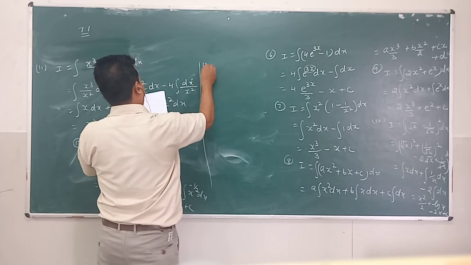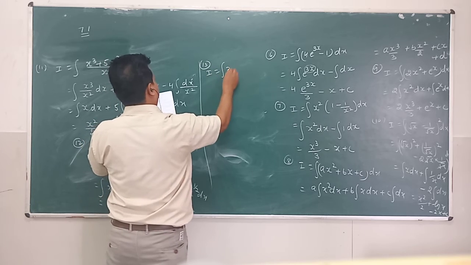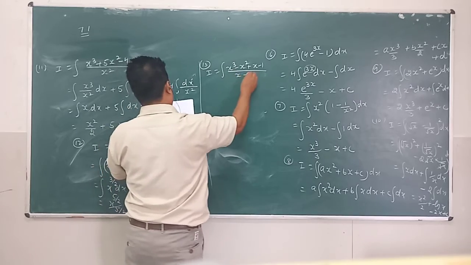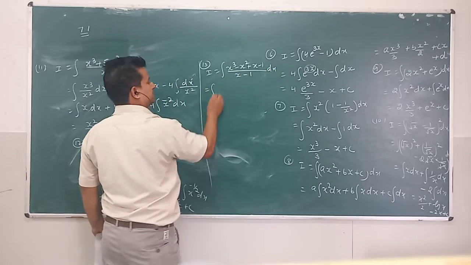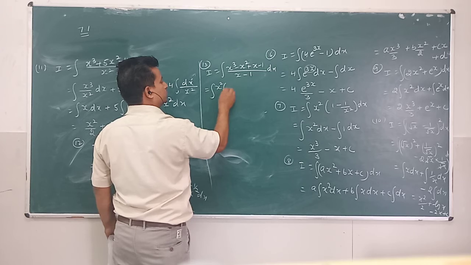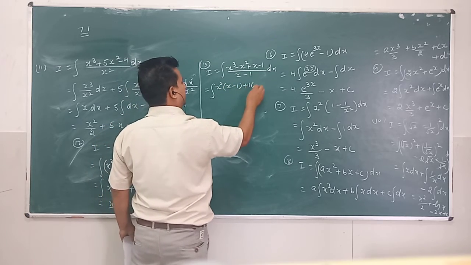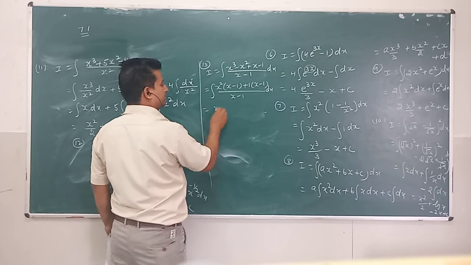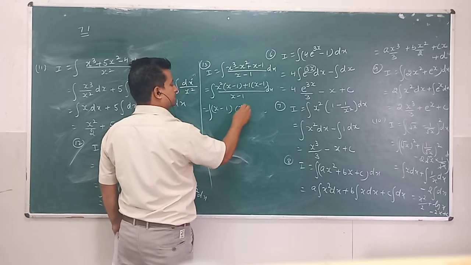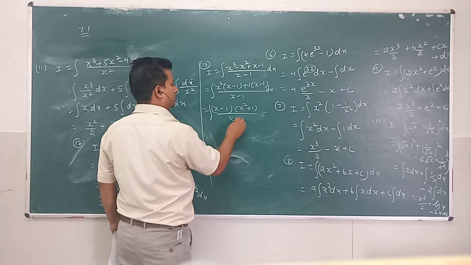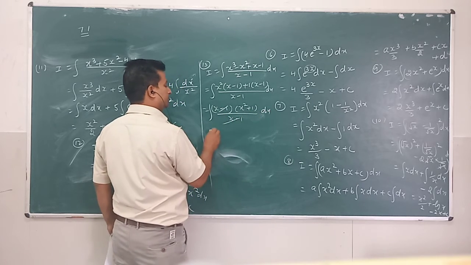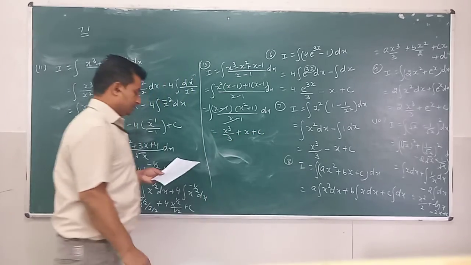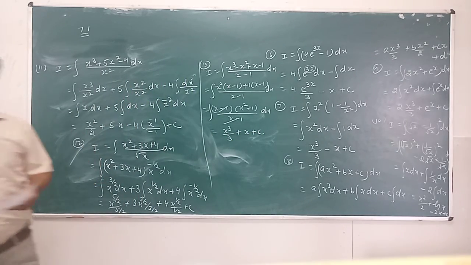In question number 13, the statement is I is equal to (x cube minus x square plus x minus 1) upon x minus 1. First we take x square common, so x minus 1. Take 1 common, this is x minus 1. And from this x minus 1 is common, so this is (x square plus 1) upon x minus 1. So this cancels out. Integration of x square is x cube upon 3, and of 1 is x. This is the answer of this question.